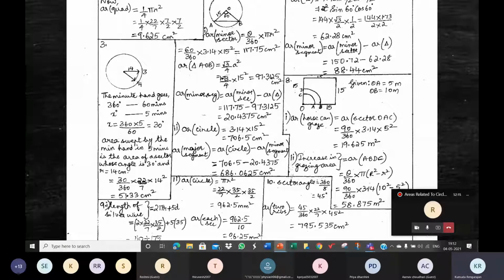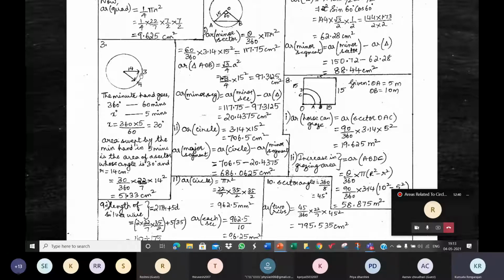That is one thing. Now, this is the initial position of the minute hand. This is the position of the minute hand after 5 minutes, and the tip of the minute hand has traced this arc. Due to its movement, it's traced this arc. You cannot see anything on the face of the clock. It will not draw the arc there on the face of the clock, but that's what we visualize.